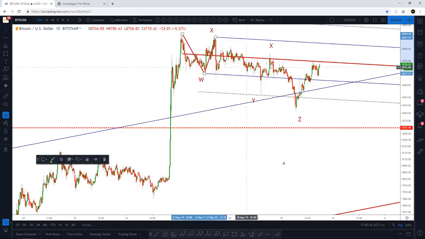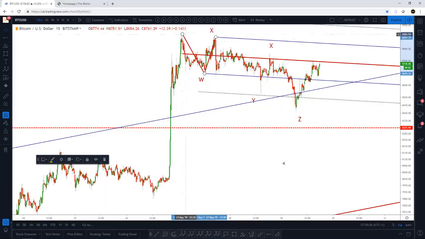Yeah, so basically you can see here the lines got tested quite a lot. The median line, lower median line, came down to the warning line. It actually breached the warning line, but then came straight back up to the lower median line. And now we're just testing the median line. And I mentioned how, on the completion of these